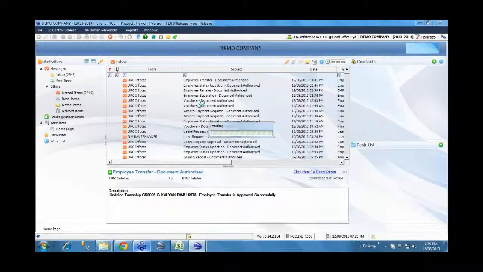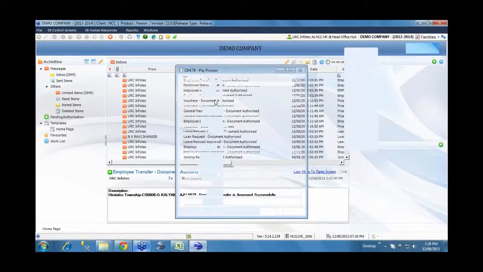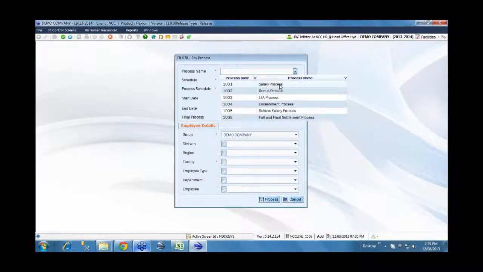This pay components I was talking to you about, the payroll components. Another flexibility we have is that we can define these components, and as you can see there are various processes. Salary process is there, bonus process is there. Like at the end of the year, the organization is announcing some bonus, and it's based on certain conditions and criteria. We can define the components based on which this bonus needs to be arrived at, and that can be defined as a separate process.